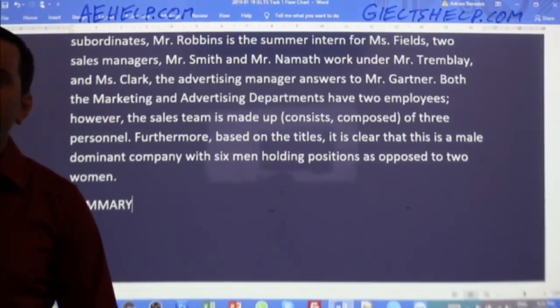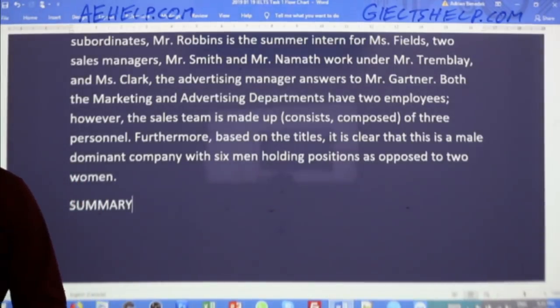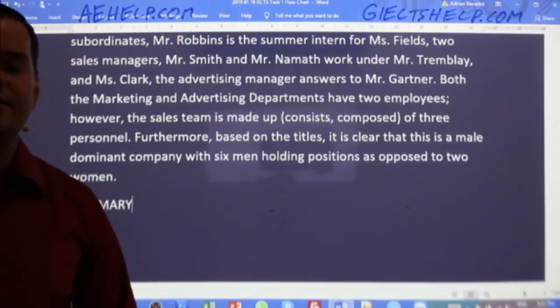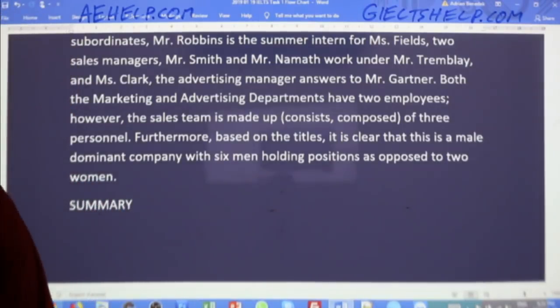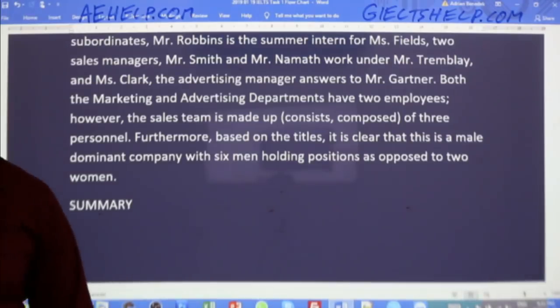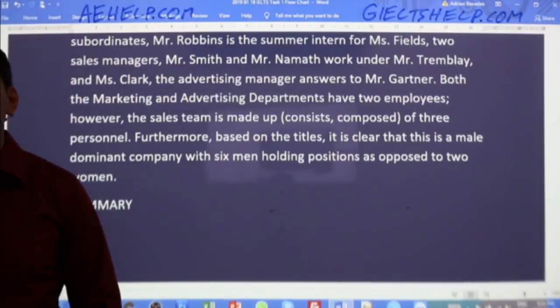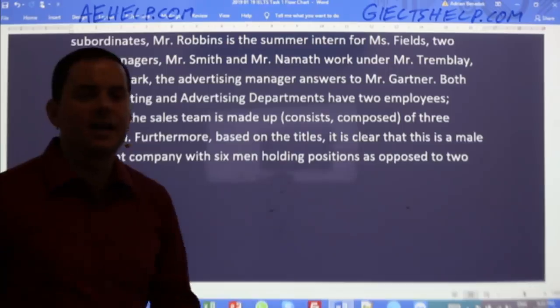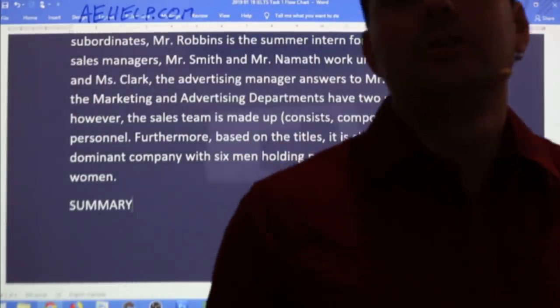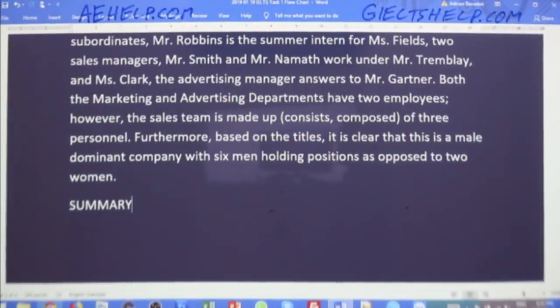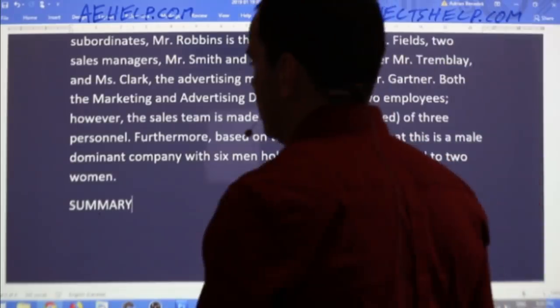Sahil says both the advertising and the marketing sector have 2 staff members. However, the sales team is made up of 3 personnel. Okay, Sahil, that's pretty good as well. I like how you're testing out the use of correlative conjunctions. That's fantastic. Okay.